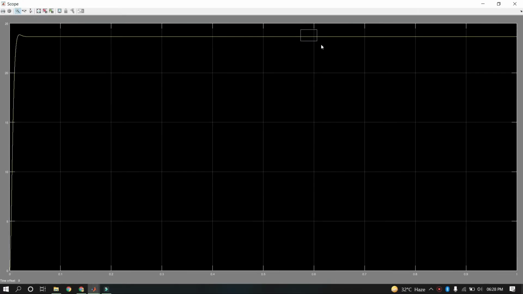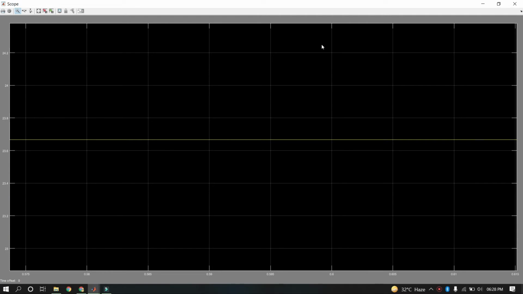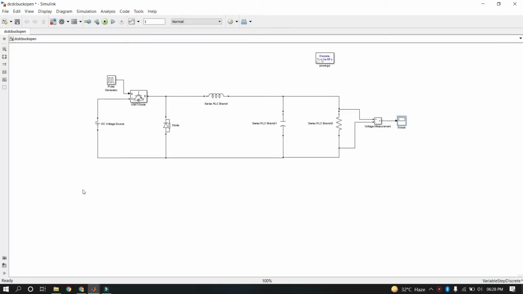So if any disturbance is coming to my system, it is also affecting the output voltage. As you can see, the output voltage was first about 29.5, now it has further decreased to 23.6 or 23.7. So whatever disturbances I'm getting into the system are reflected onto the output, as the duty cycle is not correcting itself automatically, and that is why this simulation is an open loop simulation. Now I want to convert this open loop simulation into a closed loop simulation, and before that let us understand what a closed loop system is.